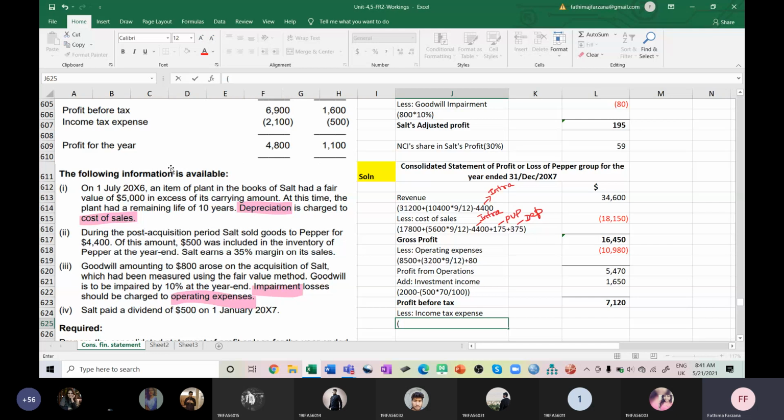Tell me, will I add and take or any other computations required? 2,100 plus 500 into 9 by 12. Take also in 9 by 12. Obviously, the tax on the